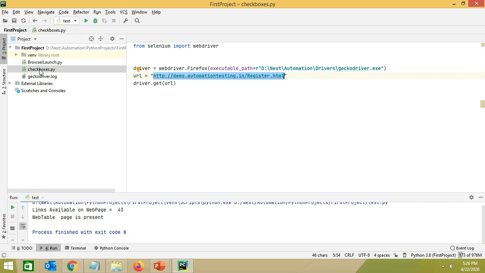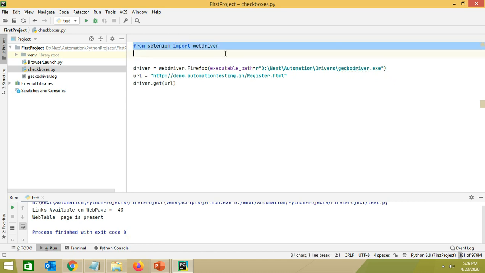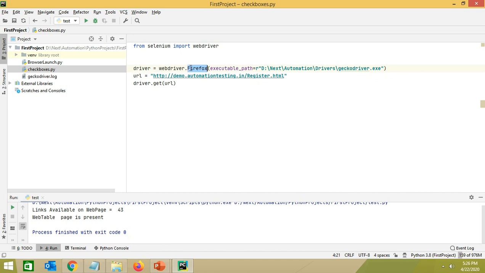Okay, so I have created a new Python file for today's session and imported the WebDriver on this file, and then initialized the driver with the Firefox browser, and we'll be using this website. So we'll provide this URL to driver.get(URL), and this will open our website. Let's apply driver.maximize_window and some implicit wait here: driver.implicitly_wait(30).